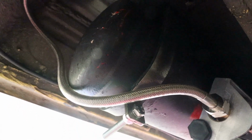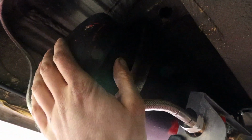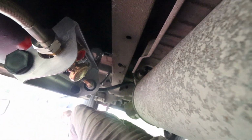So this is where the tank has been installed, and I'm going to give it another coat of the underseal protection, and that's just going to cover up any areas where I scratched it installing it. And it's a tight squeeze here. As you can see, I'm right beside the exhaust, so the reason I have it facing this way is because